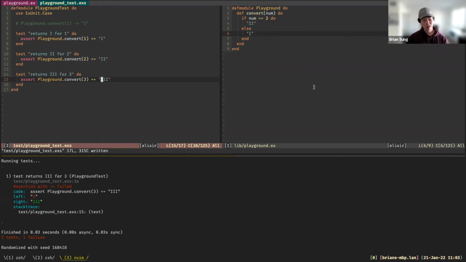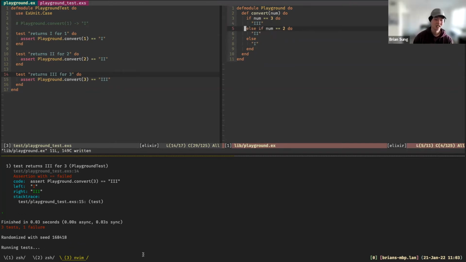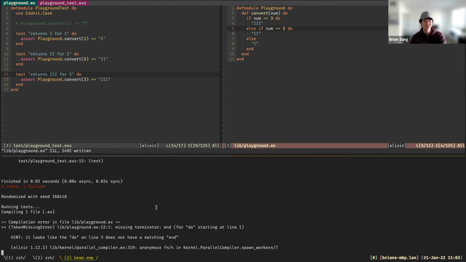All right, we can just keep doing this, where we just do 3. And if you're familiar with other languages, we would have something like else if here. But wait, we can't do else if in Elixir, right? We get this error: missing terminator end for do starting line 1.